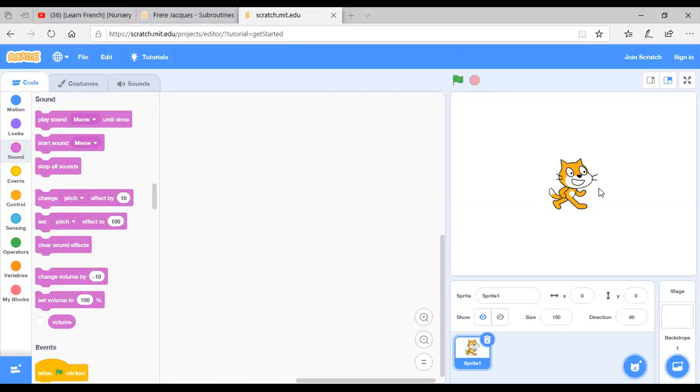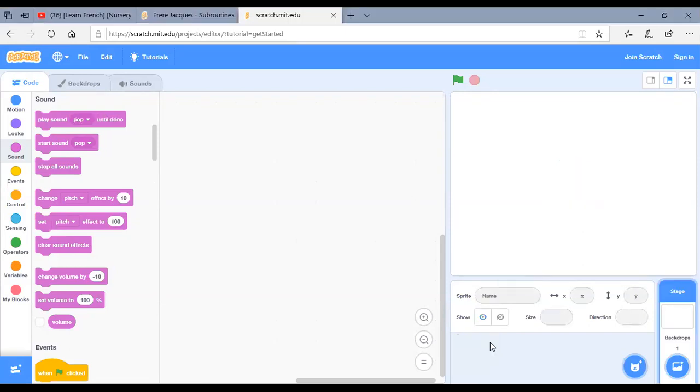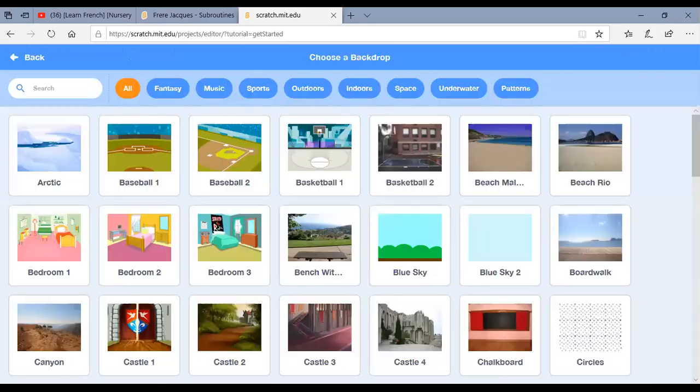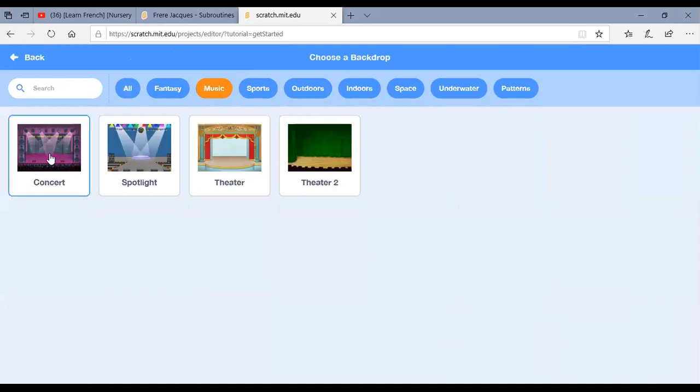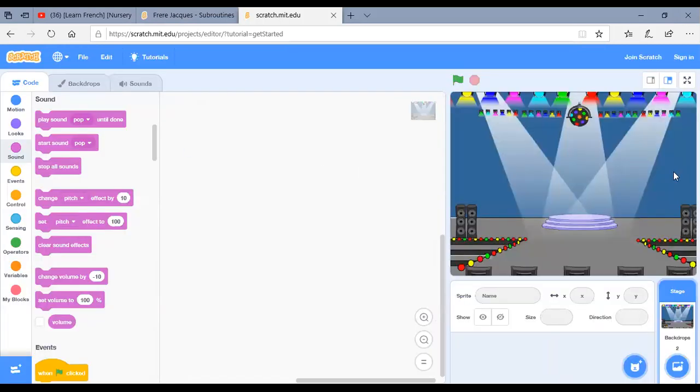Right, let me continue. So first of all, I'm going to remove this cat. Done. Then I am going to include a stage first. I'm going to include a musical stage, which is inside music, maybe this one, right?